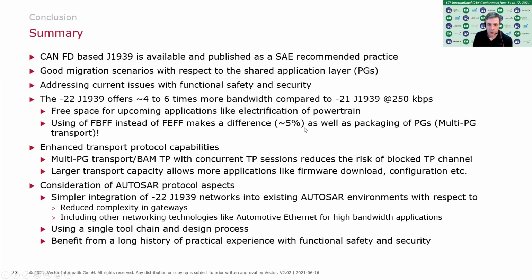If we compare this to a 250 kilobit classical CAN, and if we use the 11-bit identifier versus 29-bit, this is roughly about a gain of 5%. So you may really seriously think about why not supporting 11-bit and not only using 29-bit. And then we have the enhanced transport protocol capabilities. This may or may not be valuable for you, but especially with the diagnostic messages and the BAM,